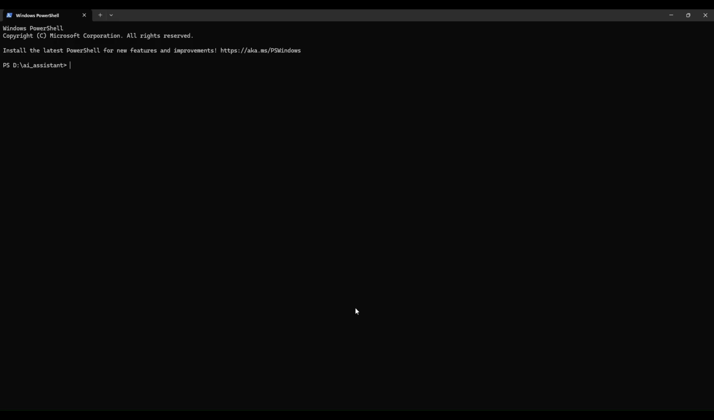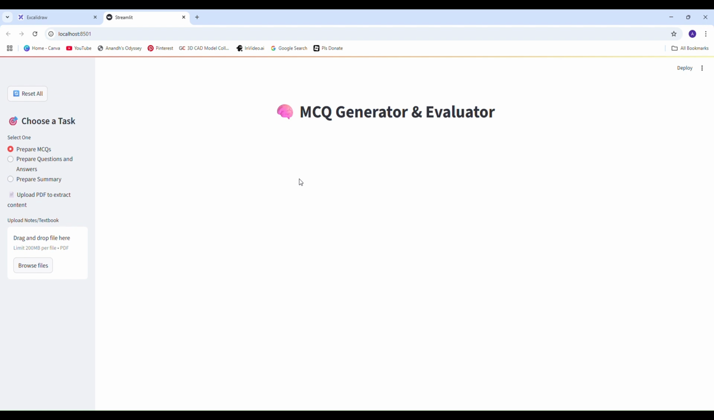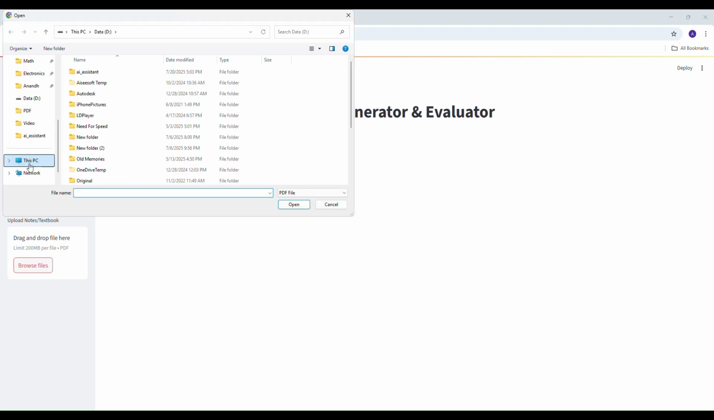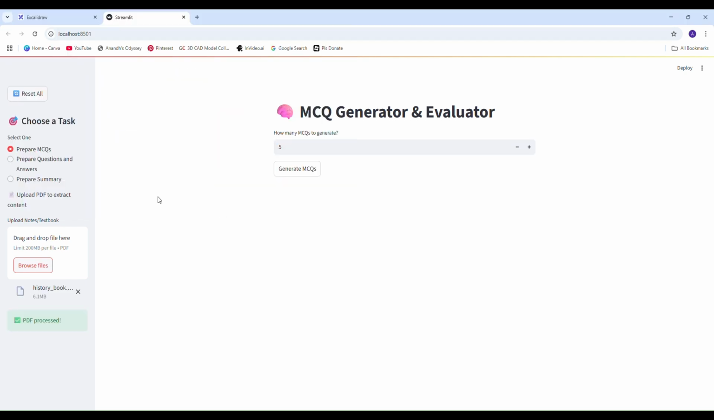Command prompt. Yeah, it's been opened. Let's prepare MCQs first. Browse files. I have this history book open. Now we can specify how many questions we want MCQs. For now, let's just have 5